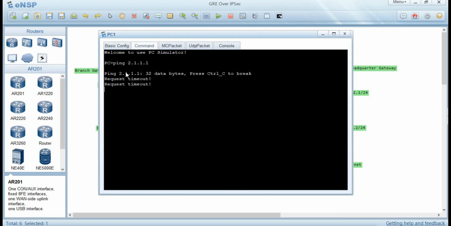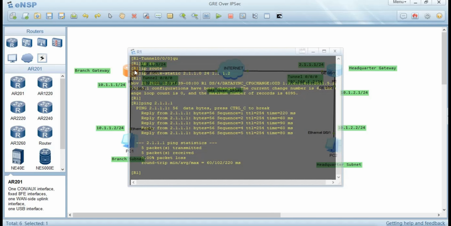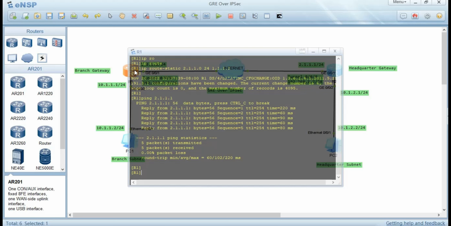It can't reach because it still doesn't know about that network. But by the end of this chapter, after we have configured the tunnel and a route on the tunnel to reach the network that is going to be protected, that's when PC1 and PC2 will be able to ping each other. So we continue, and the next thing we are going to do is go straight away to configure the